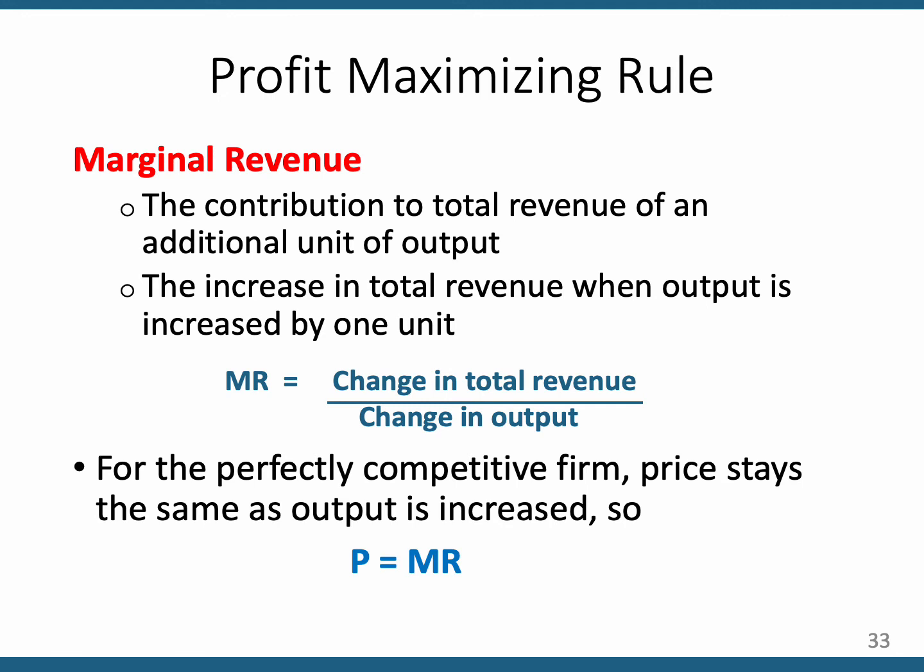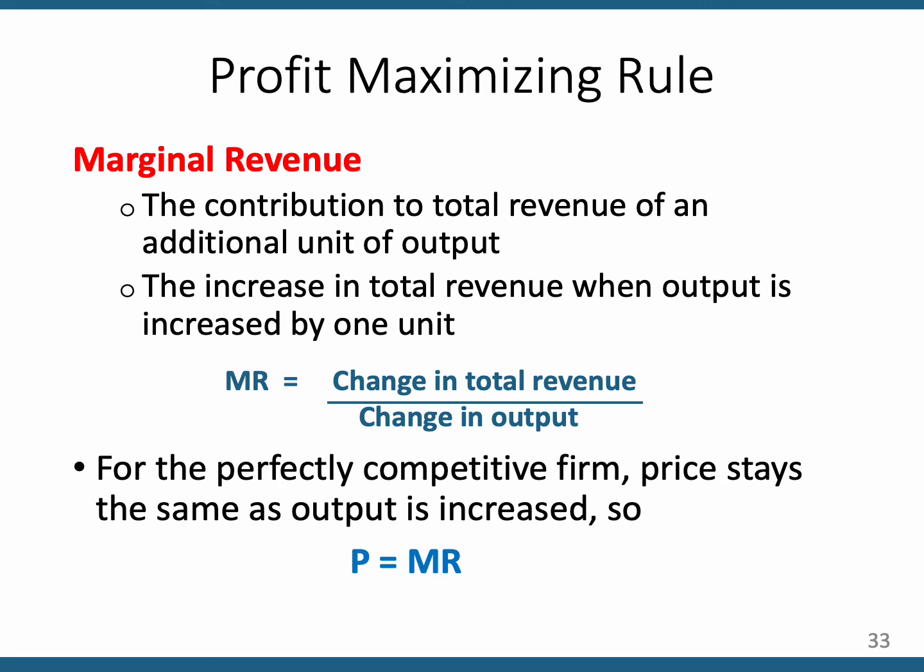The marginal revenue of the 11th unit of output is $8. And if you increase by more than 1, like if you increase by 2, then the marginal revenue would be 16 divided by 2, which gives you 8 again. So if you're increasing by more than 1 Q, don't forget to put whatever that change in Q is in the denominator. We're usually thinking about increasing by 1 in our simple examples, but just to let you know, you could run into that. So, price is equal to marginal revenue.